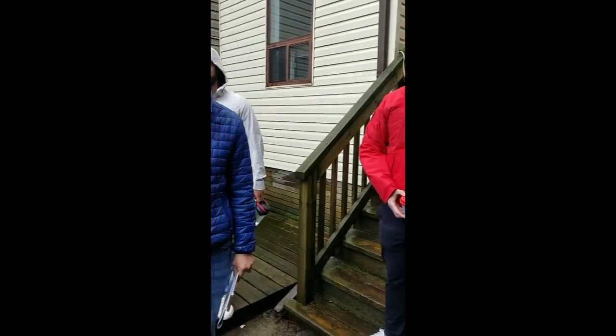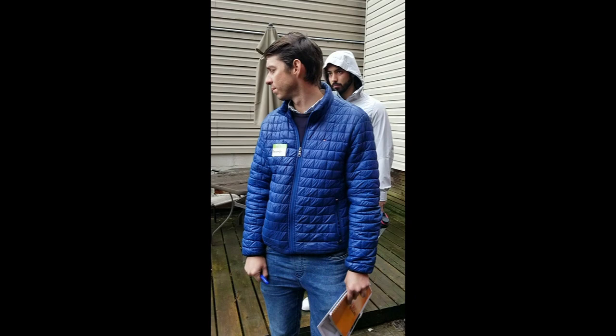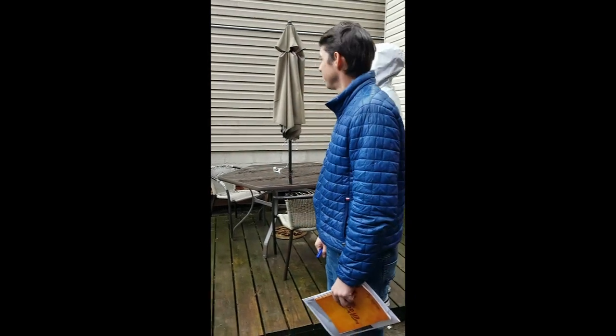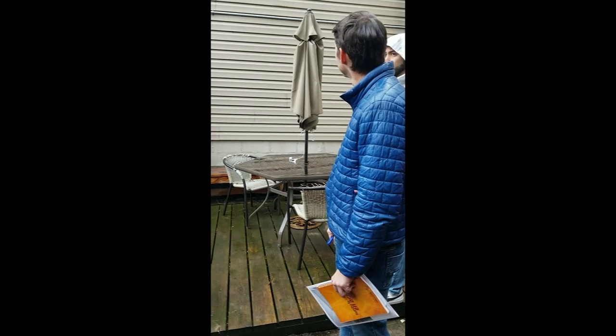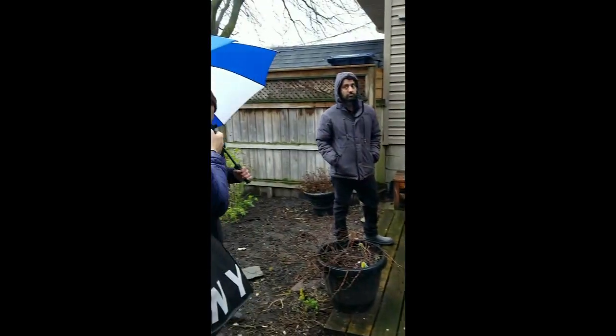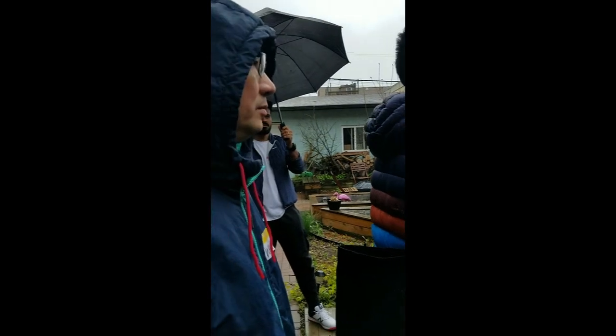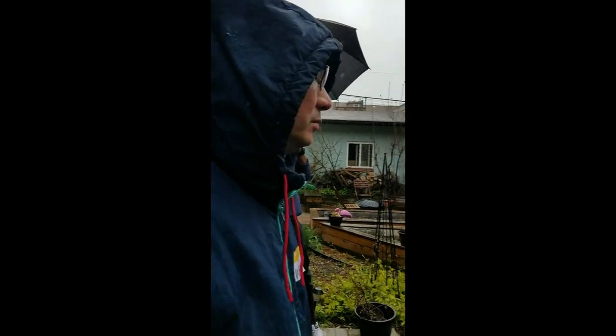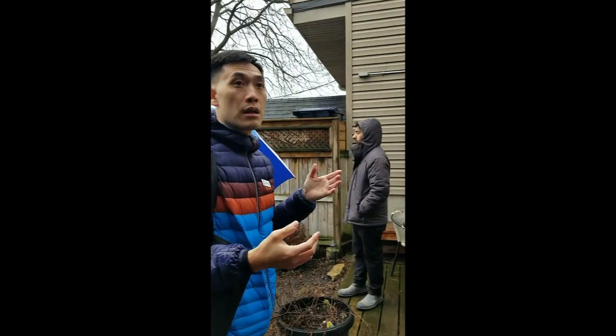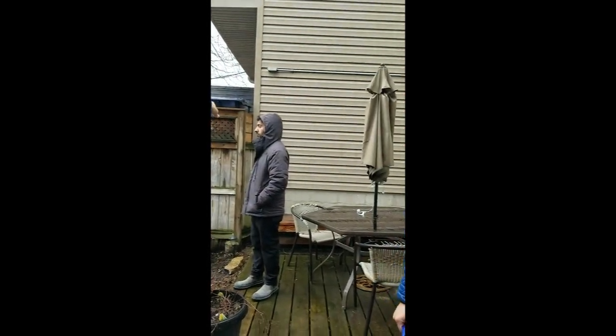So we were talking about distance to the main house. For example, you can see that this person extended further. So then the question is, from here, do you have 7.5 meters or 24.5 feet to where you need to go in order to build a laneway suite? From yours. But just as an example, they